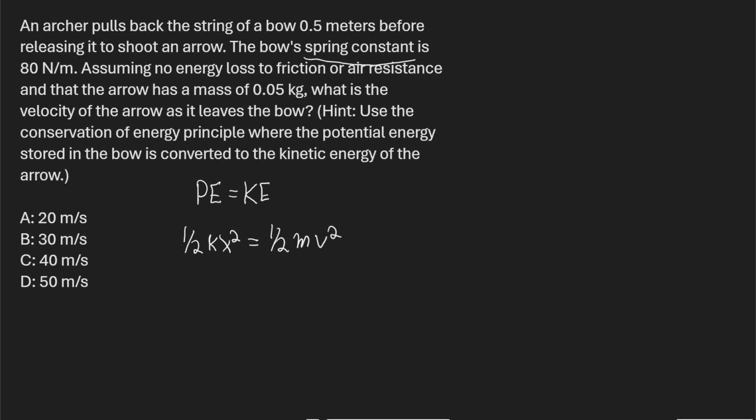Right, and we're going to go ahead and plug in our numbers, and we're going to get our answer. So let me write it out here. 1/2 k, where k is the spring constant. It is 80. X is, of course, our displacement. How far back we pulled the bow, that's our displacement of the bow. 0.5